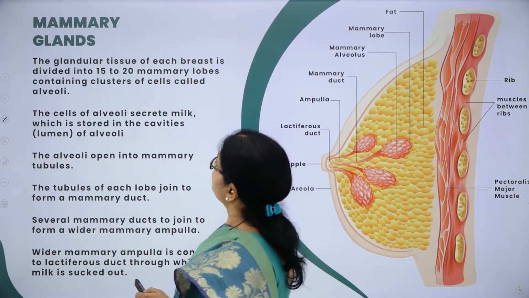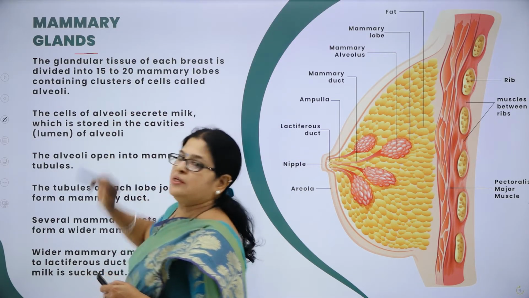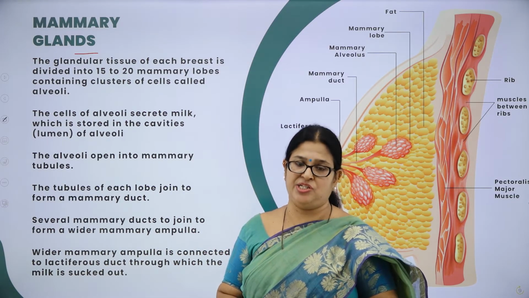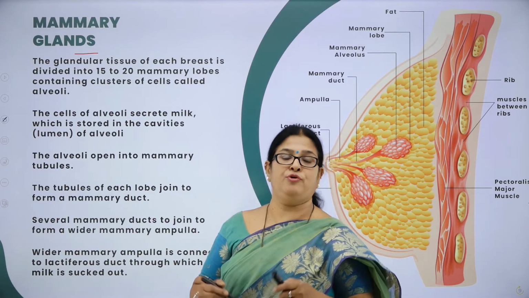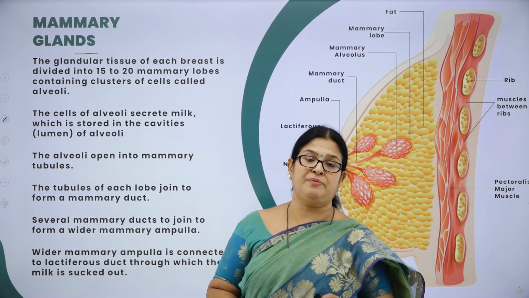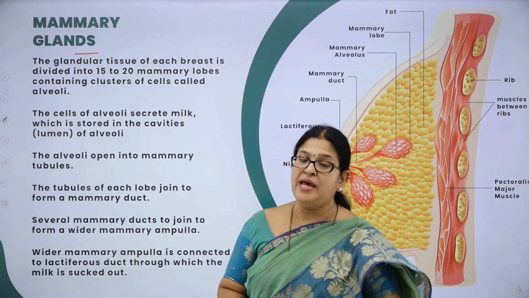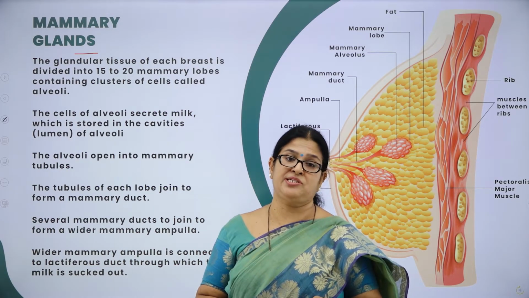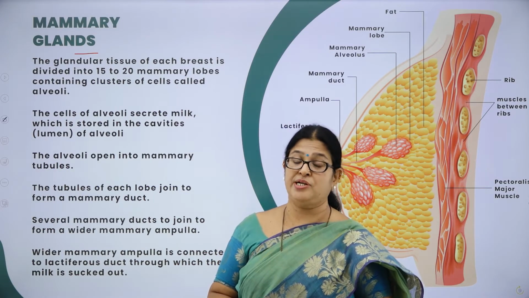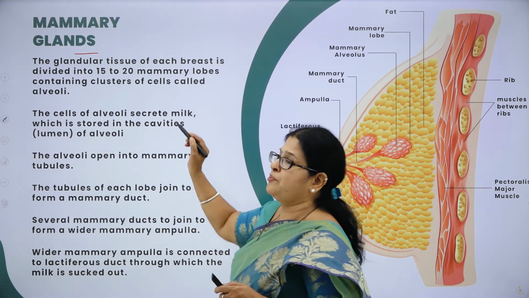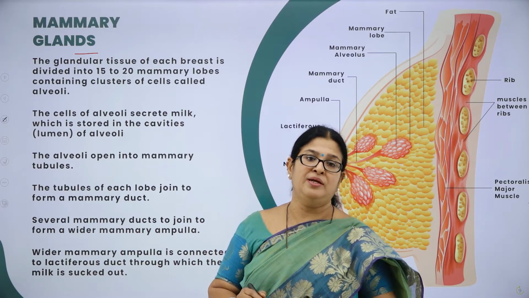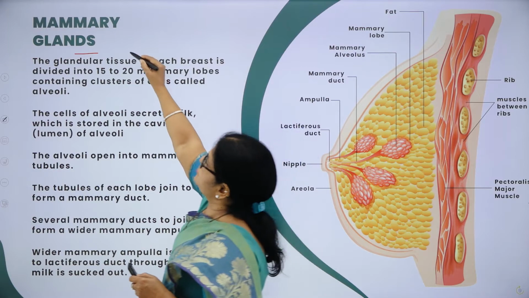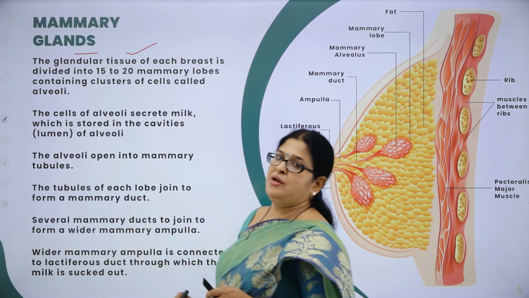Then moving on to the mammary glands. A pair of mammary glands is integrated structurally and functionally to help the process of ovulation. What is ovulation? The process of formation of ova. They also help in fertilization, in parturition. What is parturition? Childbirth is nothing but parturition, and also child care, very important. Once the baby is born, the mother feeds the newborn with milk, and milk is produced by the mammary glands, a pair of mammary glands.